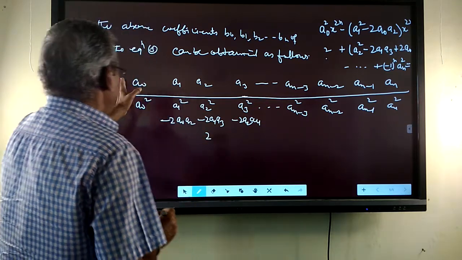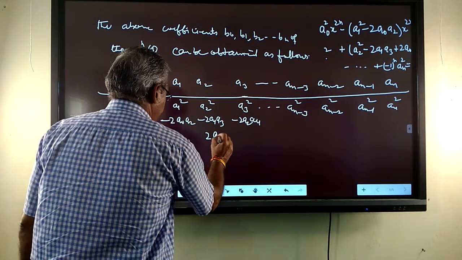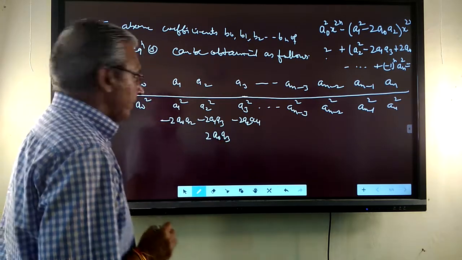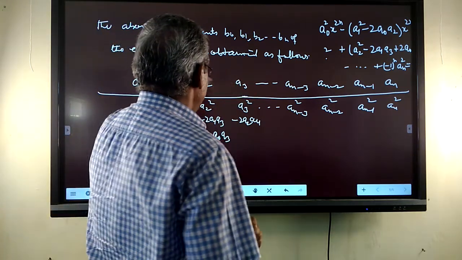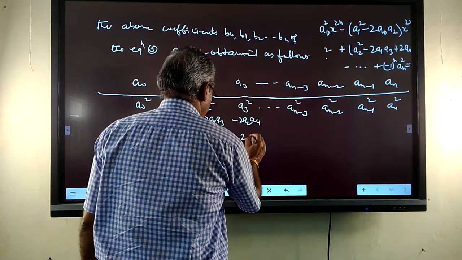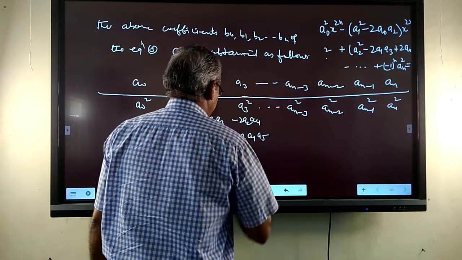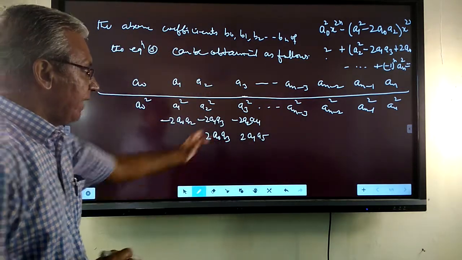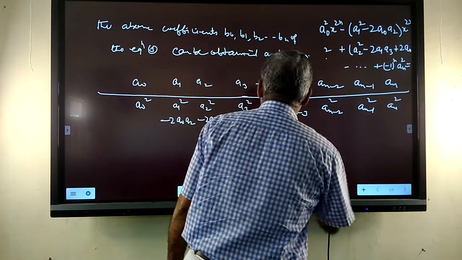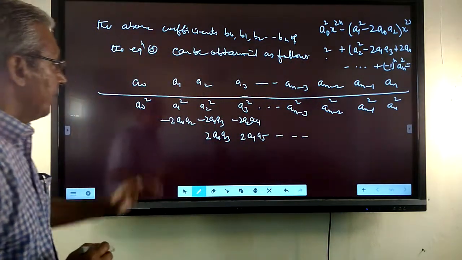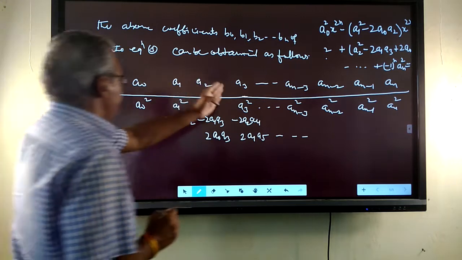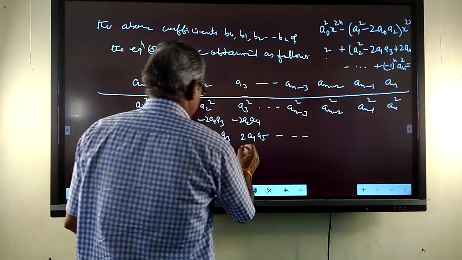The next neighborhood of a2 is a0, a4. The next neighborhood of a3 is a1 and a5. This is 2 a1 a5, and so on. Next neighborhood of a3, which is again negative,